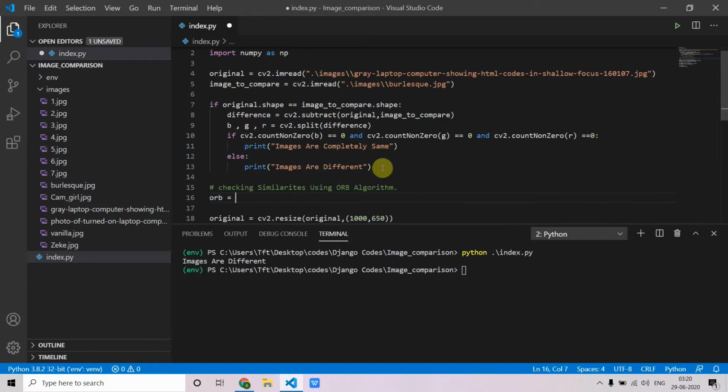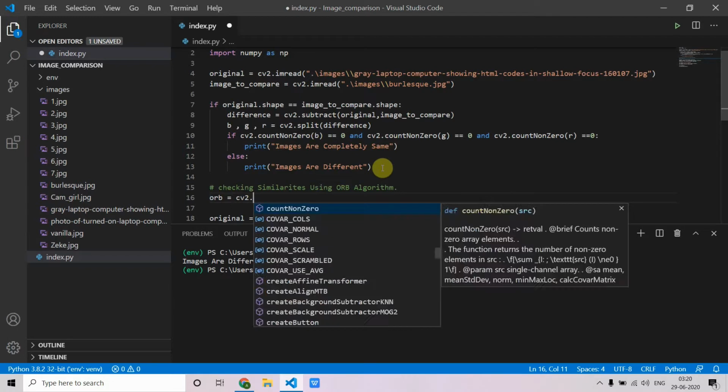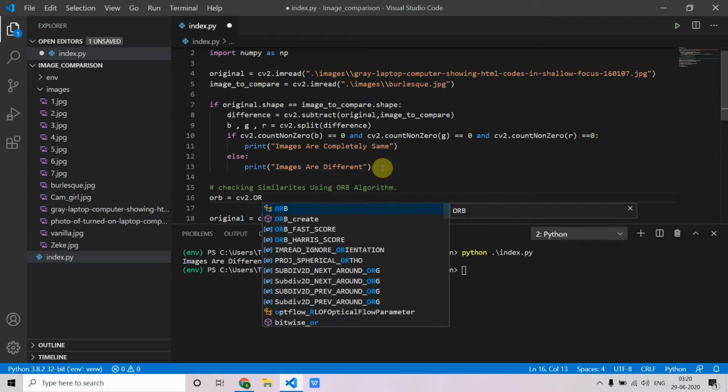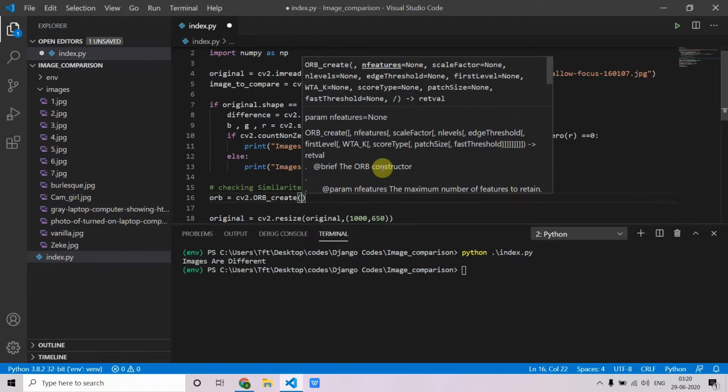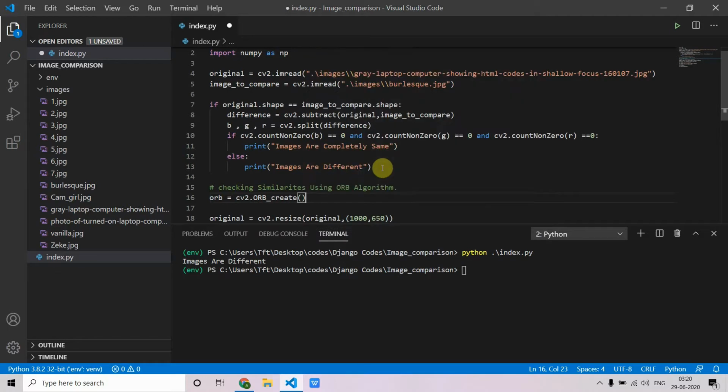ORB equals cv2.ORB_create. Then we have to find key points and descriptors in both the images, which we are going to use to find similarities between the two images.